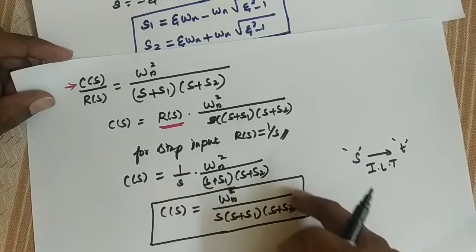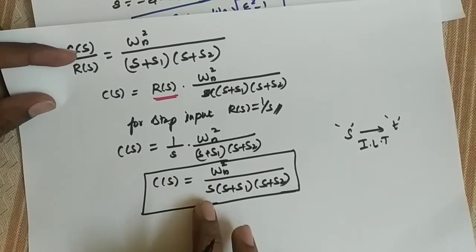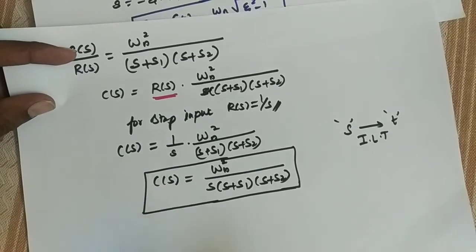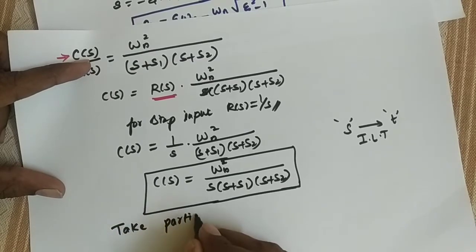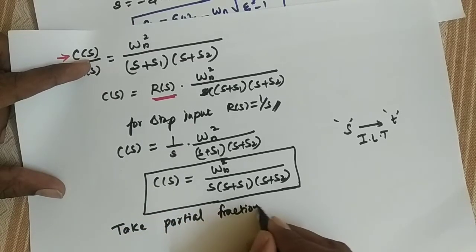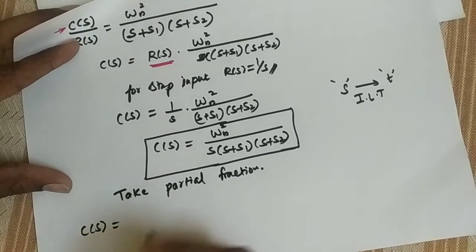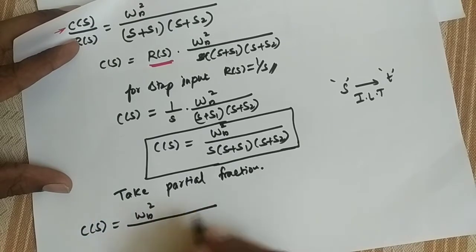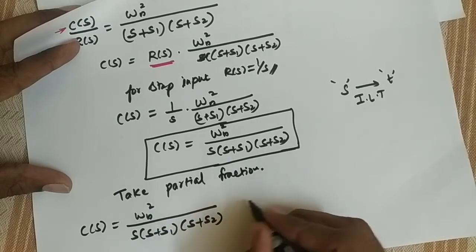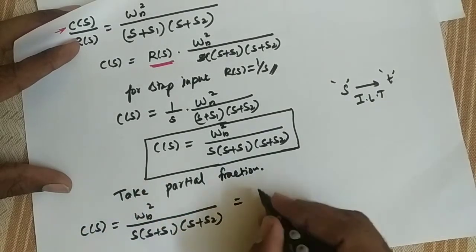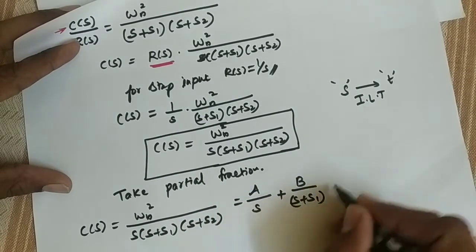Before taking the inverse Laplace transform, we need to take partial fractions. C of s equals omega n square divided by s into s plus s1 into s plus s2. This is the first case, so we can separate this equation into three parts,